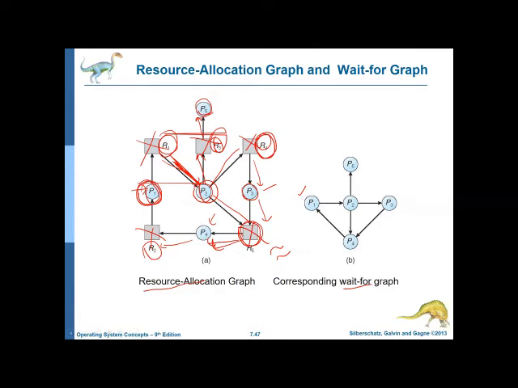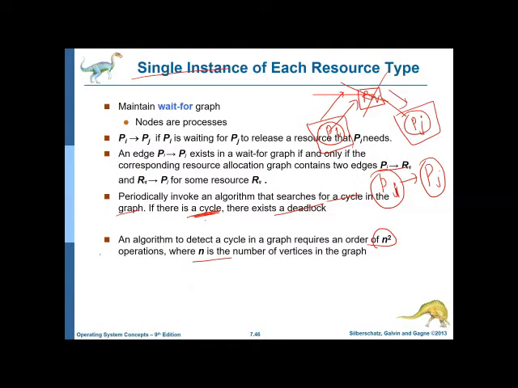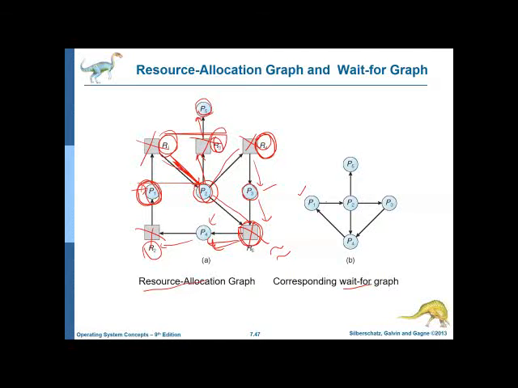Now, our aim here is to detect whether there is a cycle in this particular wait-for graph. If there is a cycle, that means there exists a deadlock. Okay, so you can see whether there's a cycle. The first cycle that we can see is from P1 to P2, P2 to P3, P3 to P4, and again we are back at P1. So let's draw that here. P1 to P2, P2 to P3, P3 to P4, and P4 to P1. This is one cycle.